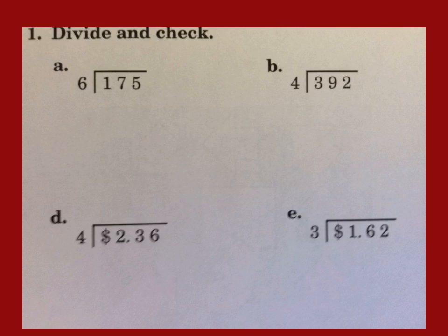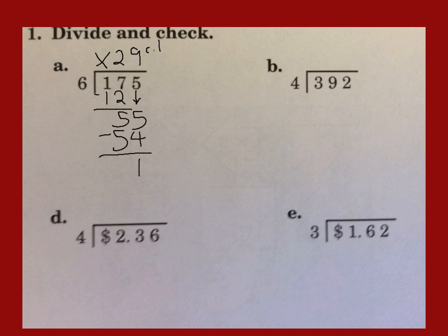1A, 6 does not go into 1, so I'm going to put an X there. 6 does go into 17. Goes in 2 times. 2 times 6 is 12. Subtract and we get 5. Bring down the 5. 6 goes into 55 9 times. 6 times 9 is 54. Subtract, we get 1. So our answer is 29, remainder 1, but we got to check it first before we